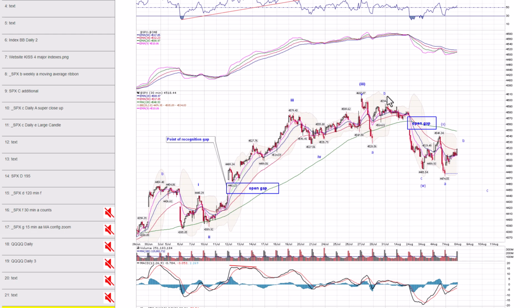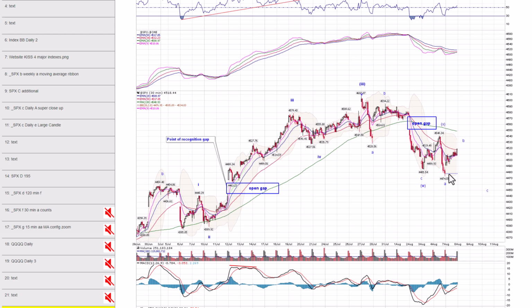Here's the wave count Steve discussed on the weekend, where we have a potential wave where this whole thing is some sort of wave 4 pullback. We had a wave 3 high back here in late July. Then we've had an ABC pullback. One option would be a more complex ABC